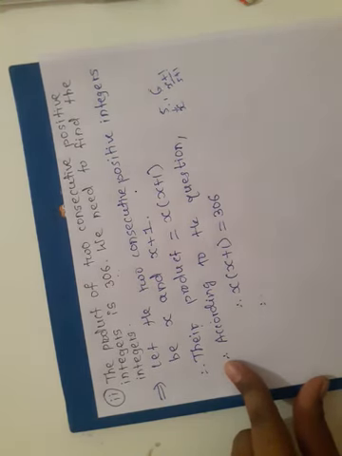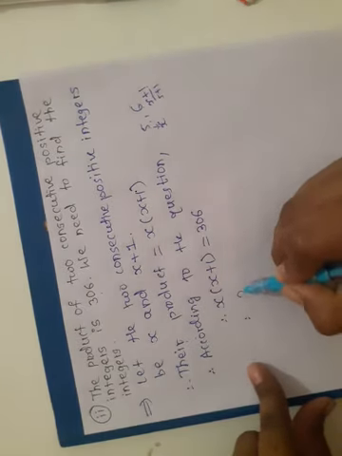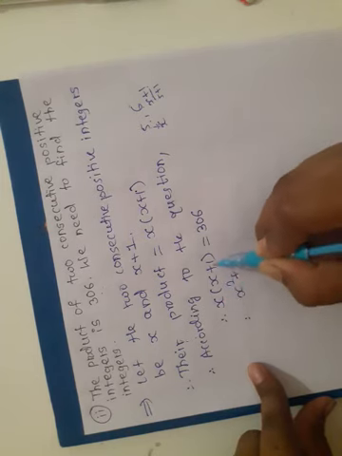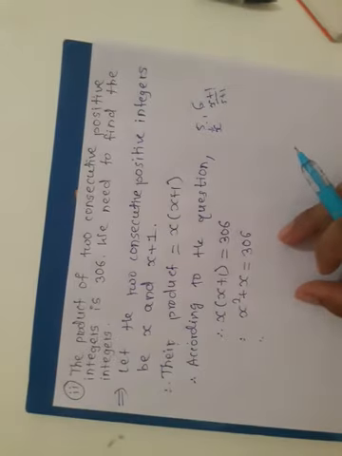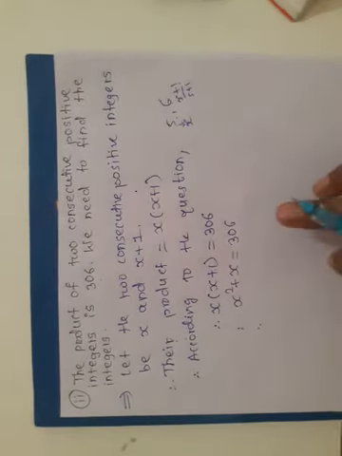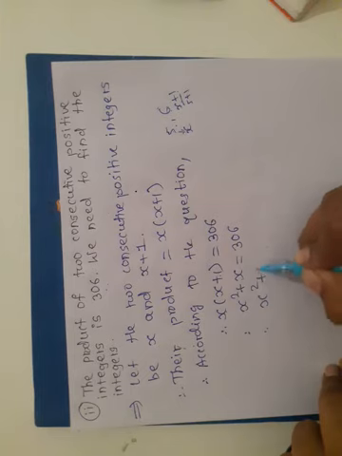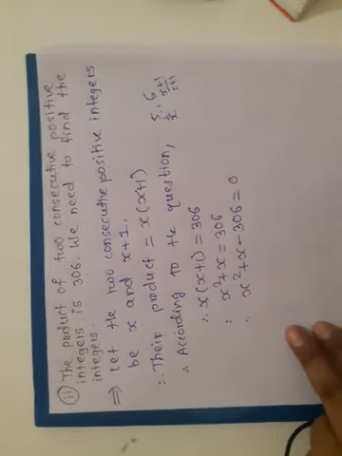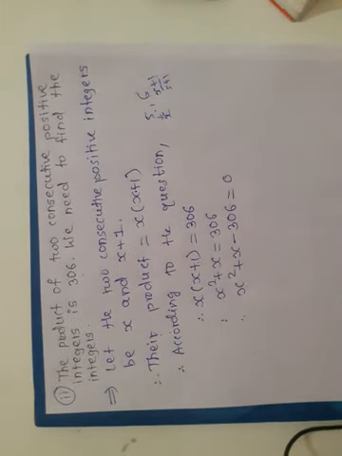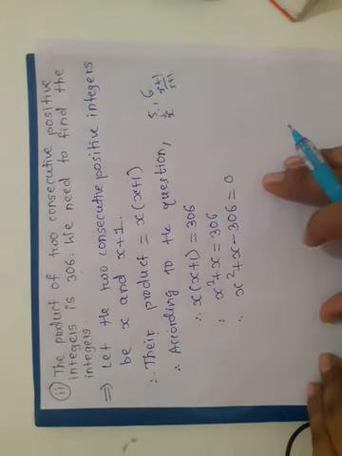Now solve this equation. After solving, if we get a quadratic equation, then the given equation satisfies the quadratic equation. So write down, x into x is x square plus x into 1 is x, equal to 306. Now convert this into a quadratic equation by transposing 306 to the LHS. So x square plus x, 306 is positive, after transposing it becomes negative, and on this side only 0 remains, and therefore the given equation is a quadratic equation. So write down the answer: therefore the smaller positive integer satisfies the quadratic equation, meaning the given equation satisfies the quadratic equation.